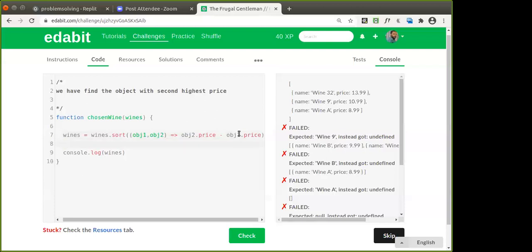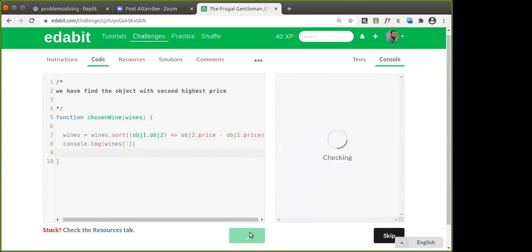So how are you going to get that? Yes, you can just check it out. Console.log wines of 1, isn't it? Wines of 0 would refer to this one, 1 will give you that object. Let's check this.